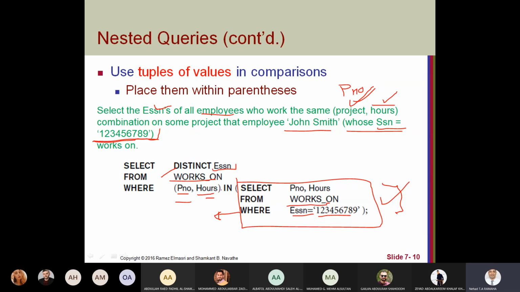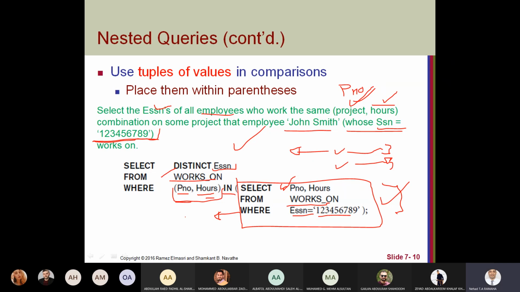So we compare the values for all employees with the values of Smith, because it could be more than one value. Project 1, he works, for example, 3 hours. Project 2, he works 5 hours. So if we have an employee on project 1 and 3 hours, then it will be in the result.